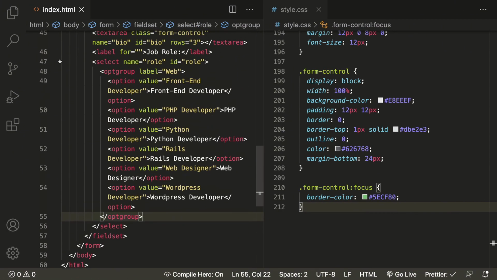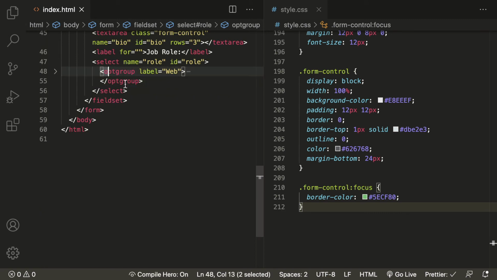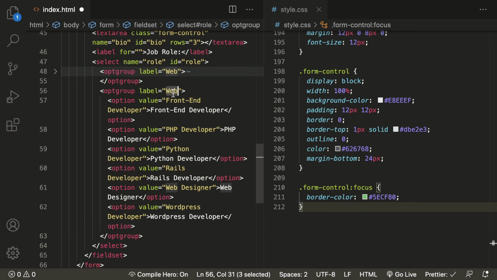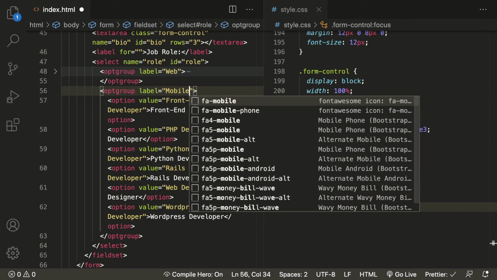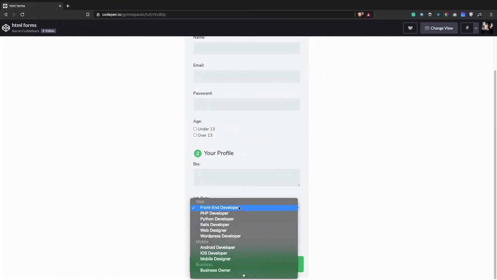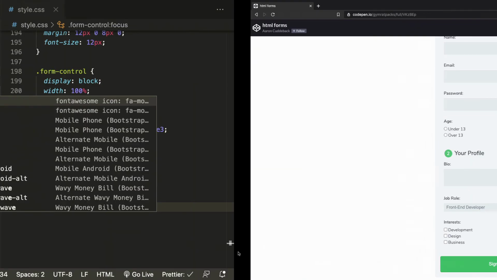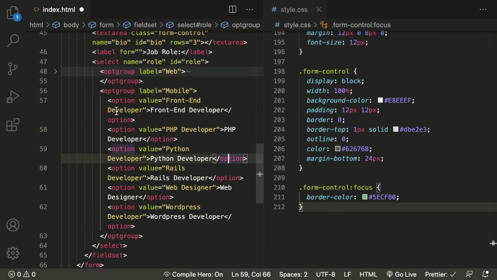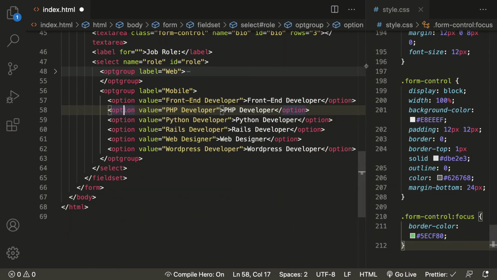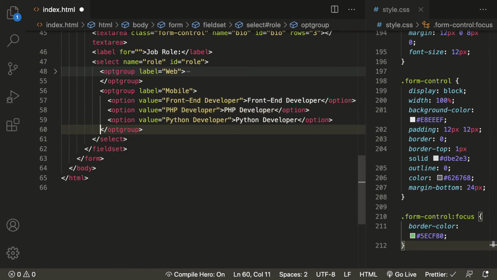Now this time we will copy our optgroup from here, paste it once again, and this time we will have mobile. And how many mobile options are we having? Three. So 1, 2, 3. Let's get rid of the extras, save it, and then we are having